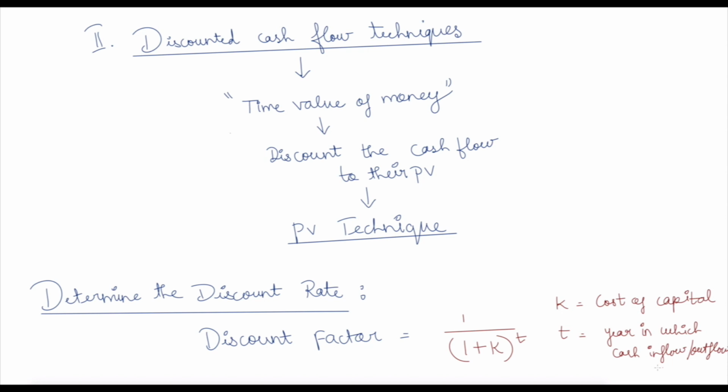Suppose I am just going to get 50,000 in first year, then the T is what? 1. So if I am going to get 60,000 in second year, when you are discounting that 60,000, you should put 2 in the place of the T, because for second year alone I am just discounting that value. So it is not your number of years of the project, it is only about the particular year in which the cash flow occurs.